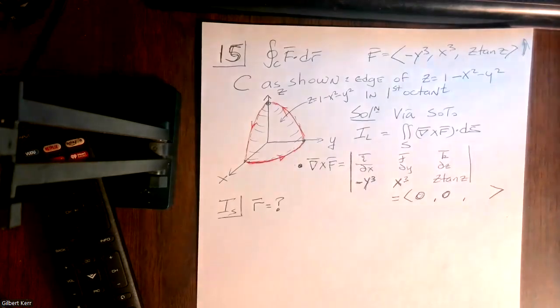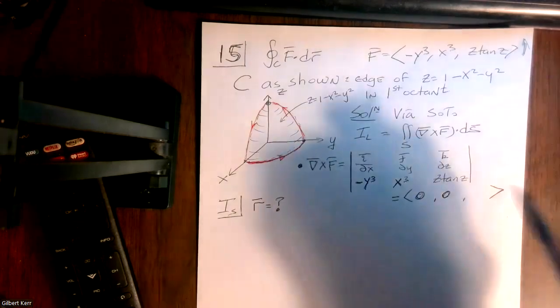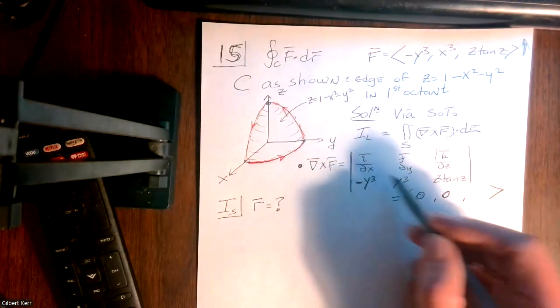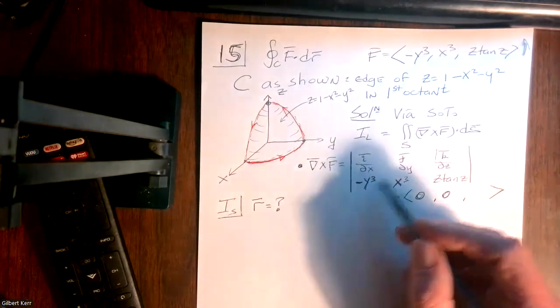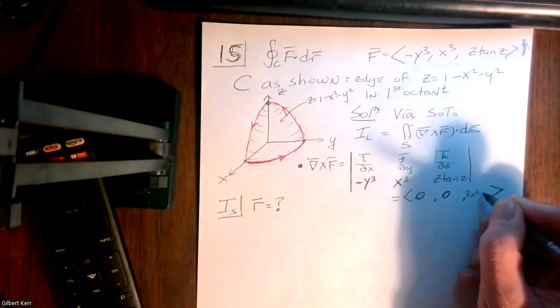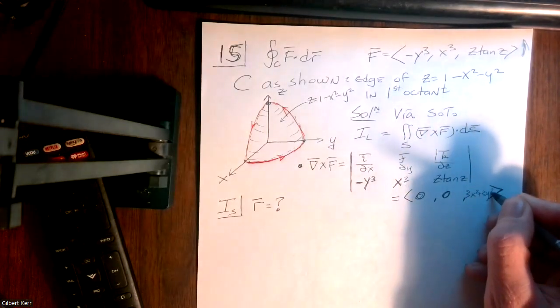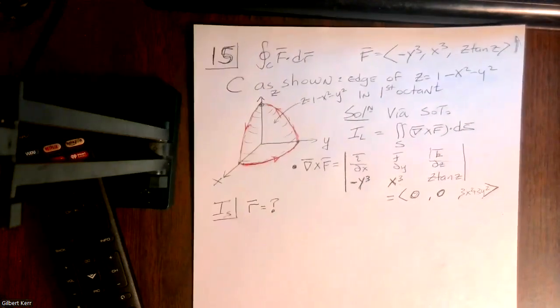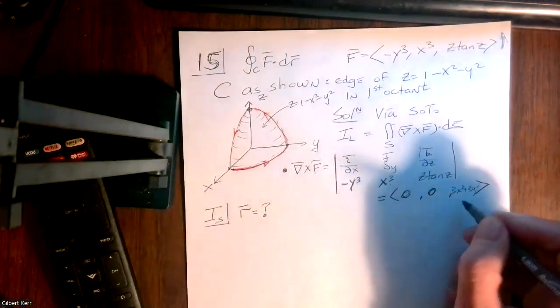That's also 0. It's actually minus 0, but since it's 0, it doesn't matter. But for the k component, the last one, I got a 3x squared plus a 3y squared, which you probably can't see. So, and I'm going to label that as